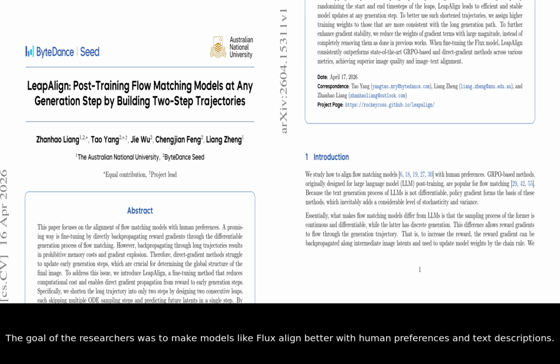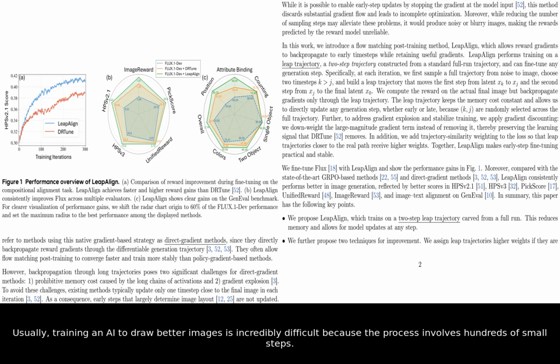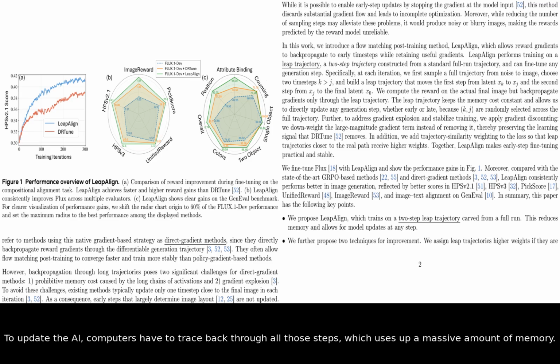and text descriptions. Usually, training an AI to draw better images is incredibly difficult because the process involves hundreds of small steps. To update the AI, computers have to trace back through all those steps, which uses up a massive amount of memory. This often leads to a problem called gradient explosion, where the math becomes so unstable that the